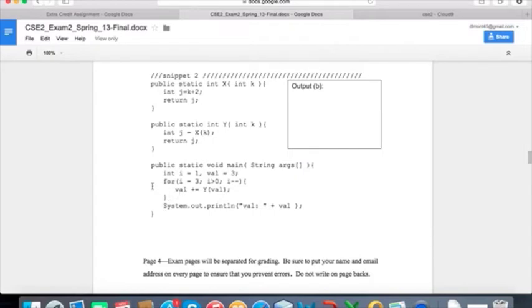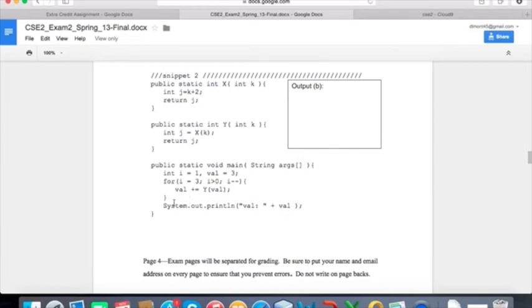Now, come through again. Fourth time around, i equals 0. Checks condition. Wait, what happened? i is not bigger than 0 anymore. Therefore, the for loop ends. So exits the for loop. And then now we come to this line of code. This line of code asks us to print out val, which is a string attached to a value of val. And as we have written out earlier, val is equal to 38. So here we write val colon 38 because that's the final value of val that we came out with